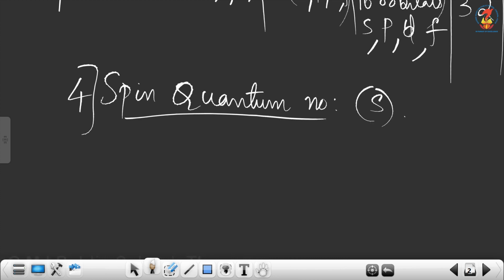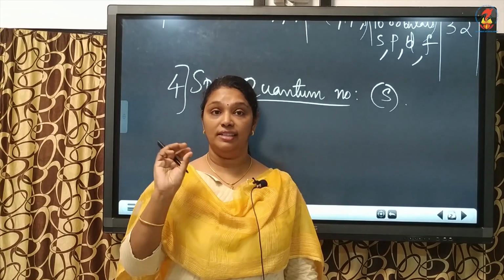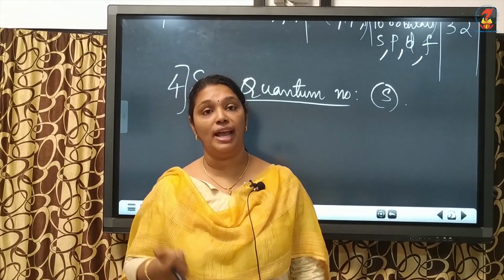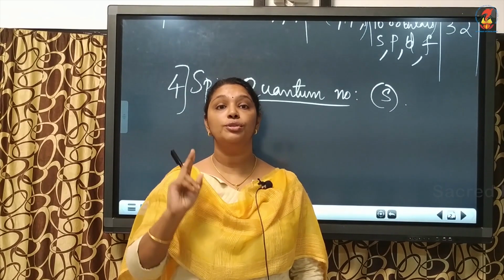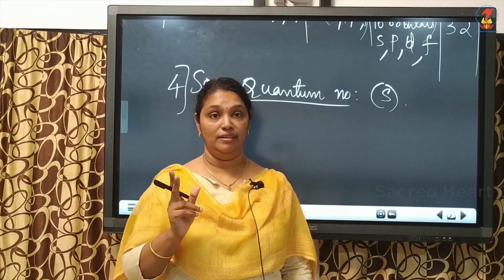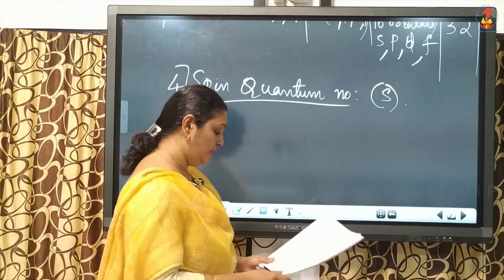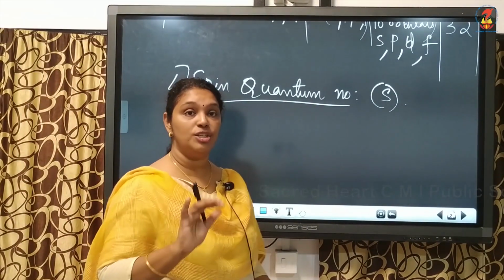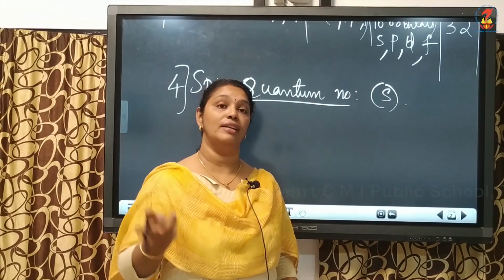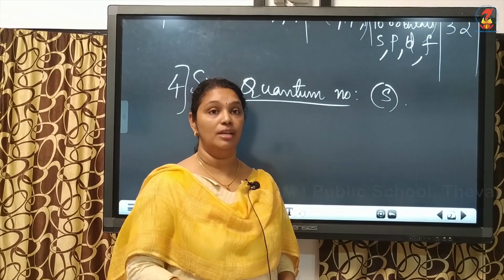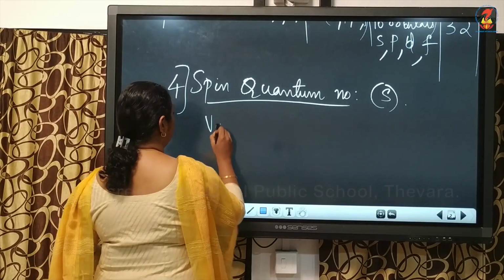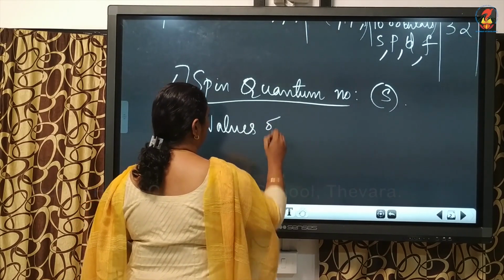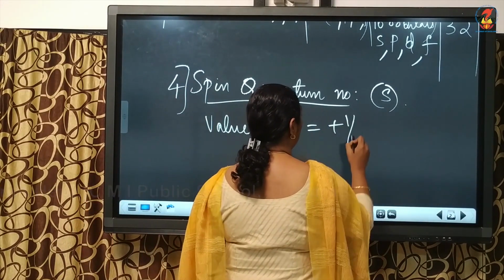Denoted by S, small s. We know that an electron in an atom can have two spins. One, it revolves around the nucleus. Second, it rotates or spins on its own axis. So we have two values for spin, and the two rotations possible are one in clockwise and one in anti-clockwise direction. So the values of spin quantum number, or values of S, is plus half and